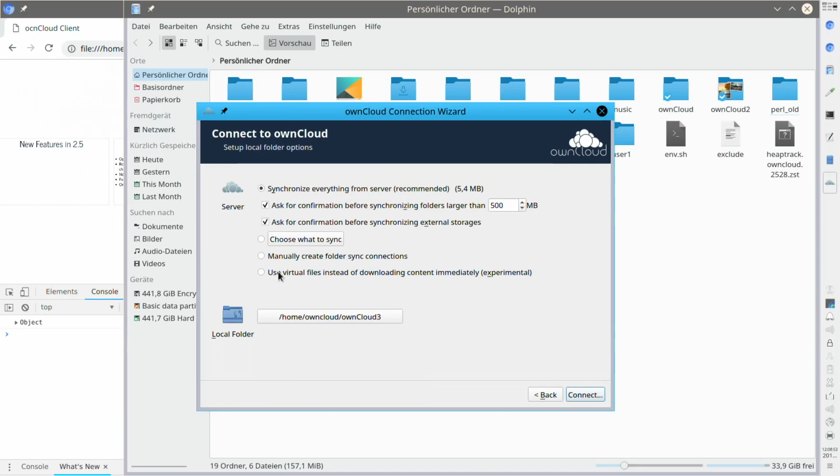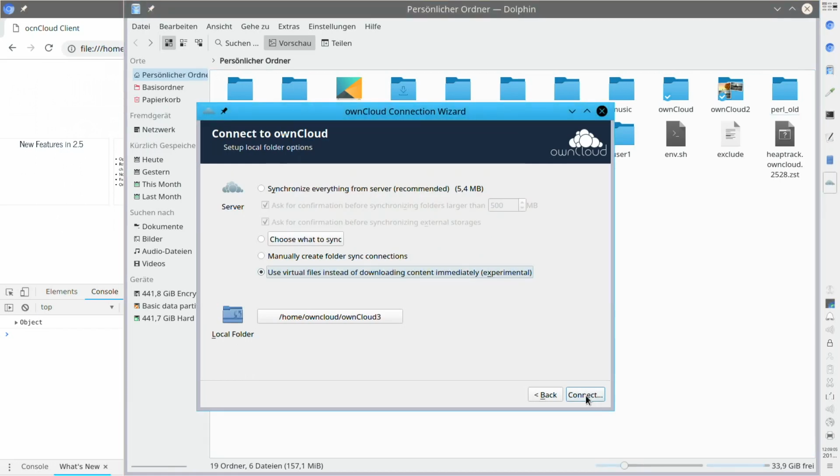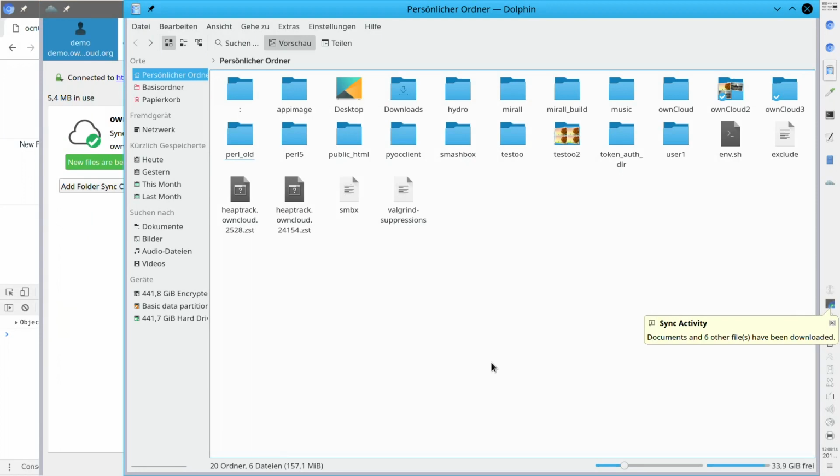I don't know if you see correctly, but we're going to use virtual files instead of downloading the content immediately. It's an experimental feature, so there's a little warning, but we'll enable it. We connect, and that's it. It's synchronized, and so that's ownCloud 3 here.